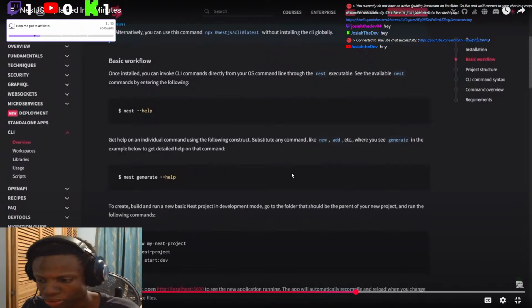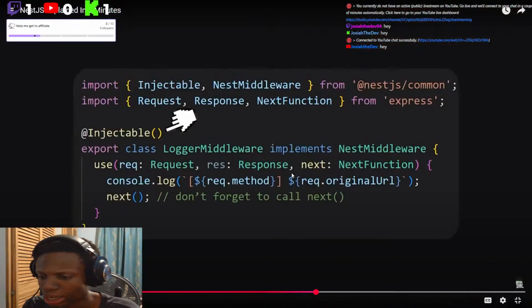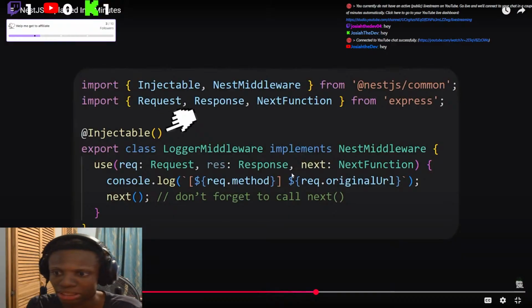I still have to get into Spring Boot. If Spring Boot is basically as easy as NestJS, or NestJS is as simple as Spring Boot, I think that's a big W, to be honest.